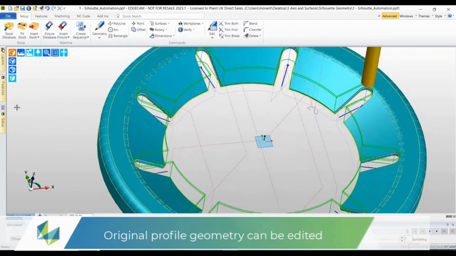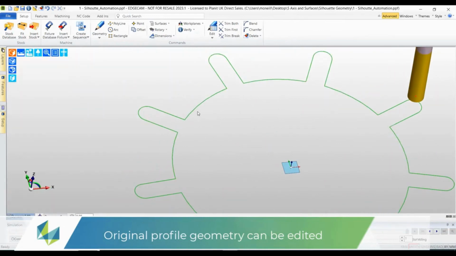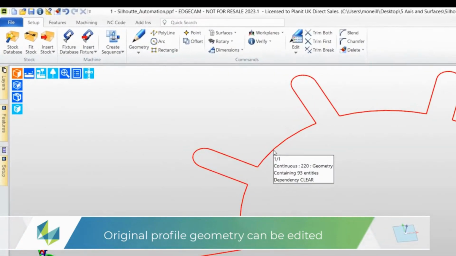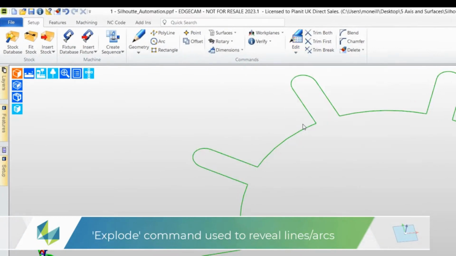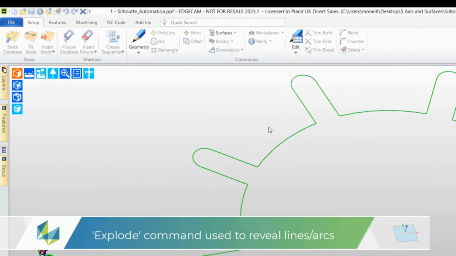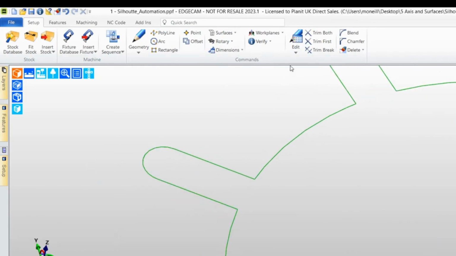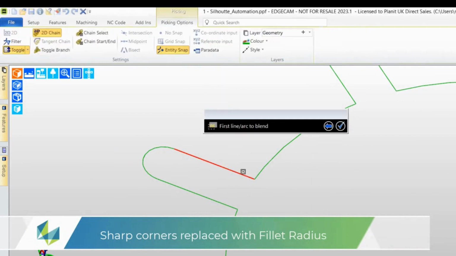A further bonus is that we can also update the geometry that belongs to the new feature. Here we see the original continuous. It comprises many entities. We explode this continuous and this returns it back to those original entities, in other words back to the lines and arcs. And now what I wish to do as an example is just convert the sharp corners into a fillet blend,